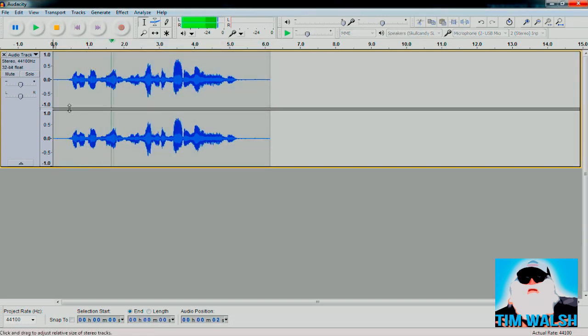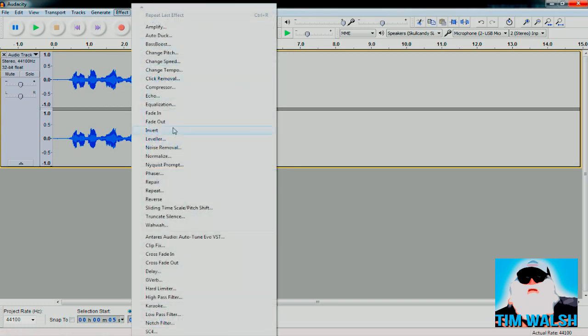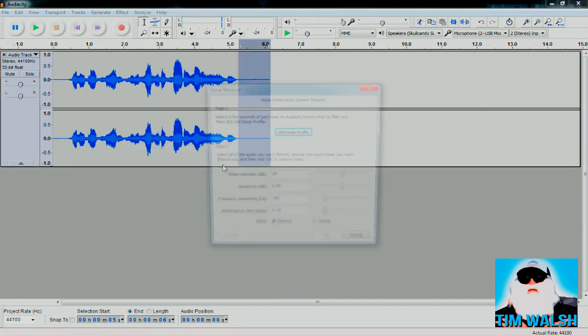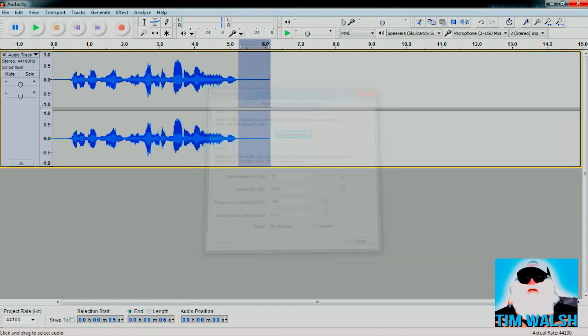Billy Bob Thornton is the hottest man alive. Doesn't sound like much. First, we're going to clean up the audio and get rid of that background noise. So we're going to go to Effect and then Noise Removal. Make sure you highlight a section. You don't want to highlight the voice because otherwise the noise removal will get rid of that. You want to get rid of the background noise, so the empty space, you just highlight that.